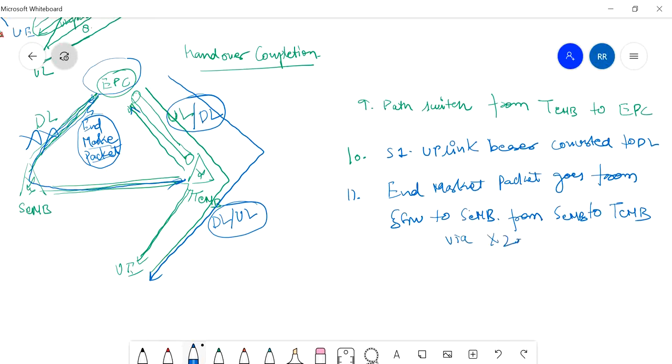After this end marker packet, which is the last packet via this path, this path is finished and breaks down, and this complete path gets set up for uplink and downlink.